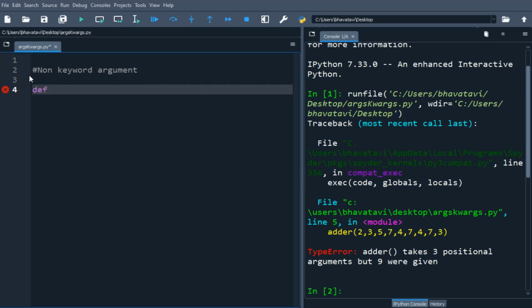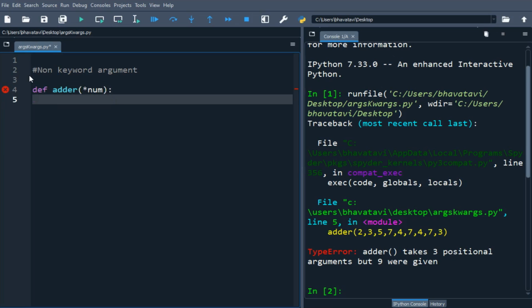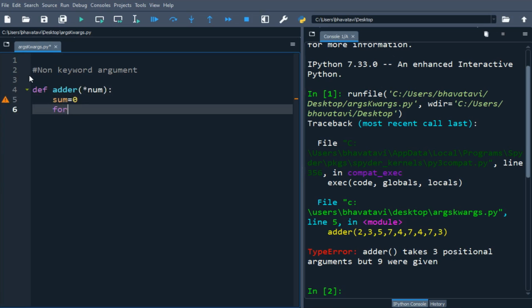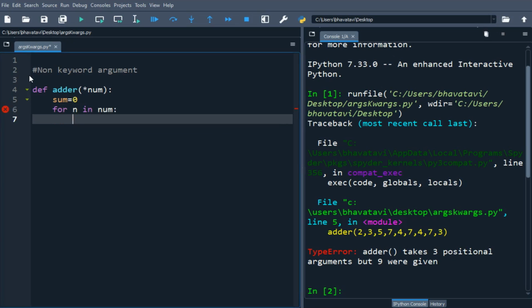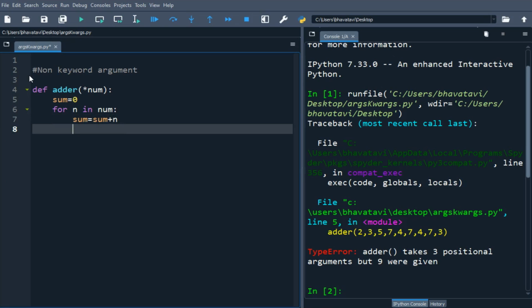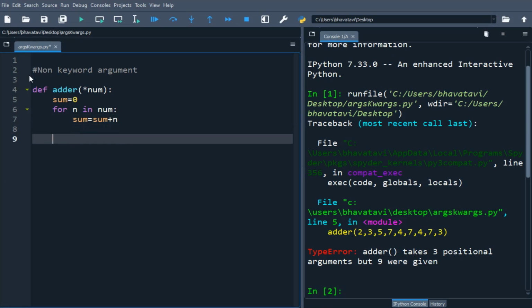I'm going to create addup, and it is defined by the star and then the argument, num. Then sum equals 0, for n in num, I will add sum equals sum plus n, and then I will just print the sum.